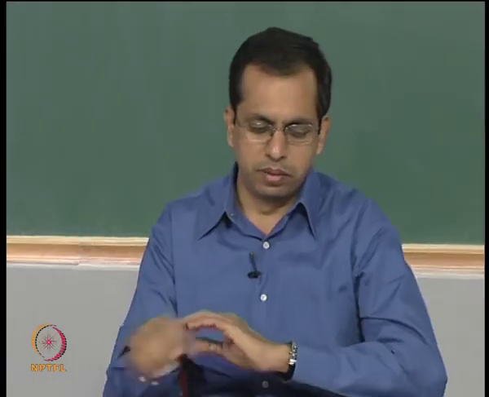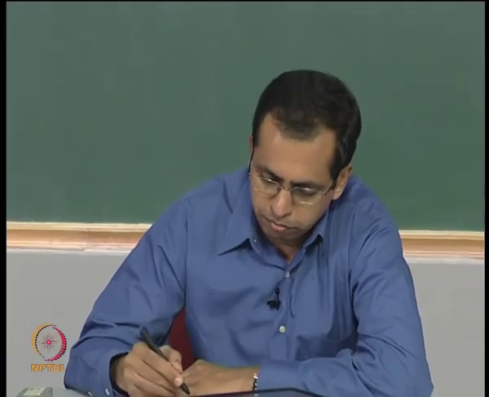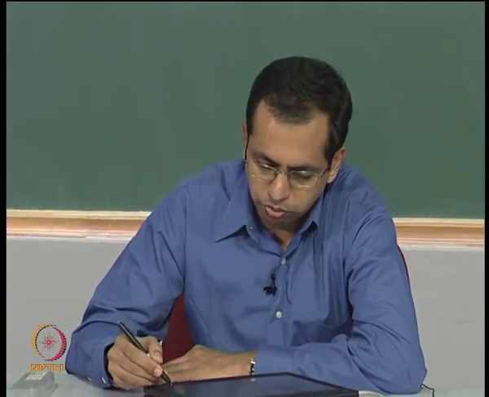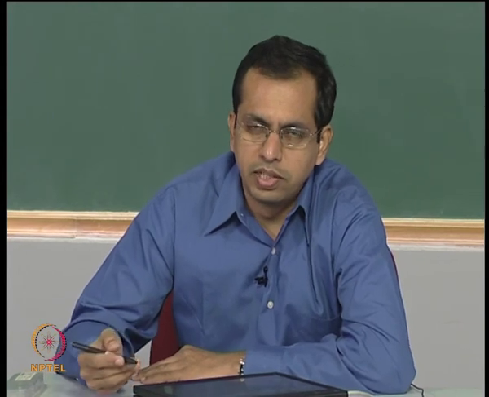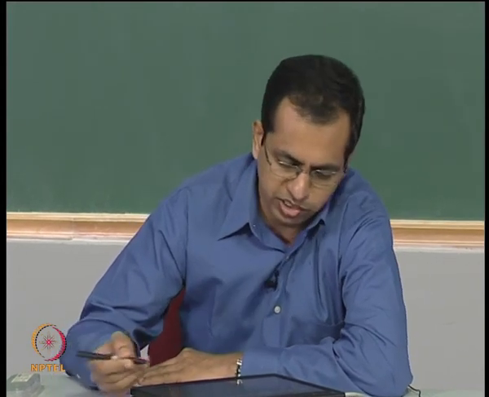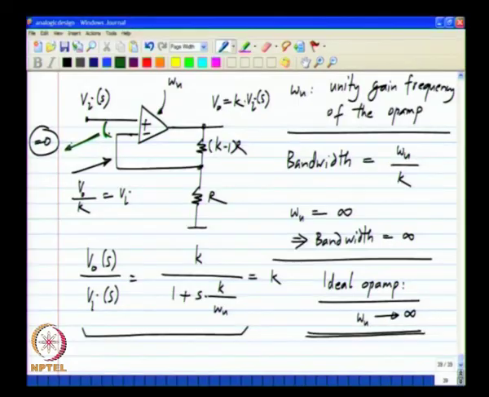And of course, later you have to recognize that every real op amp has a finite value of omega u and then put that and analyze it. But nonetheless, the ideal op amp with omega u equal to infinity is a useful concept to analyze, and basically the behavior of that op amp is given by the fact that the difference voltage between the plus and minus terminals of the op amp equals 0.